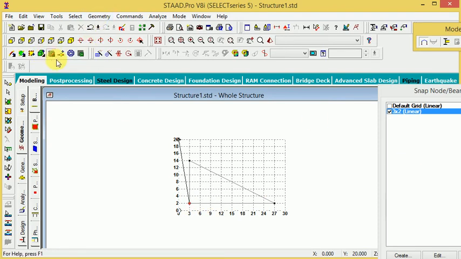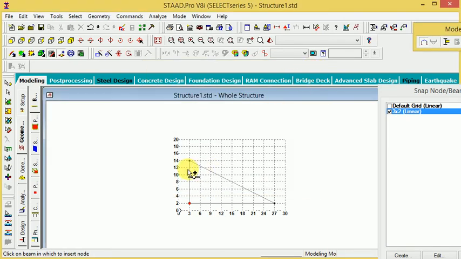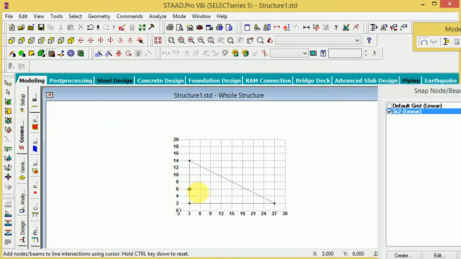Again select insert node, 1, 2, 3, then again join to the grid here and apply the grid also, and again create the point here, this point and this point.